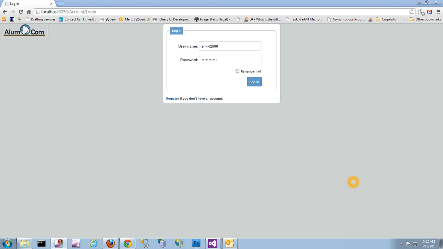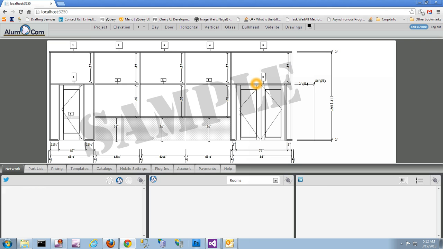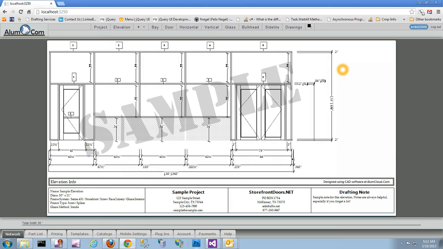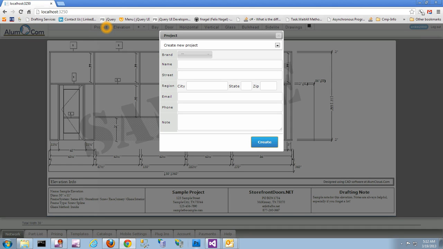In this segment, I'm going to demonstrate the collaboration feature for collaborating with one or more people building storefront systems. So we'll go ahead and get logged in. And I'm logged in here as Mr. Construction. And we'll just create a project here